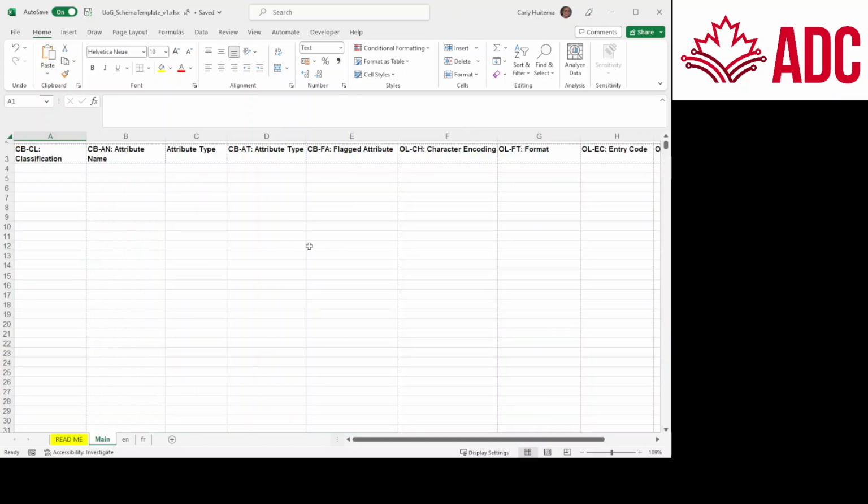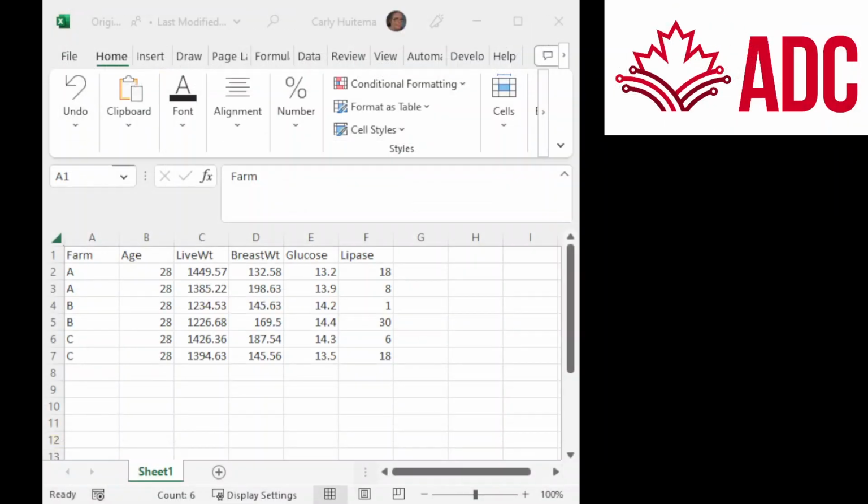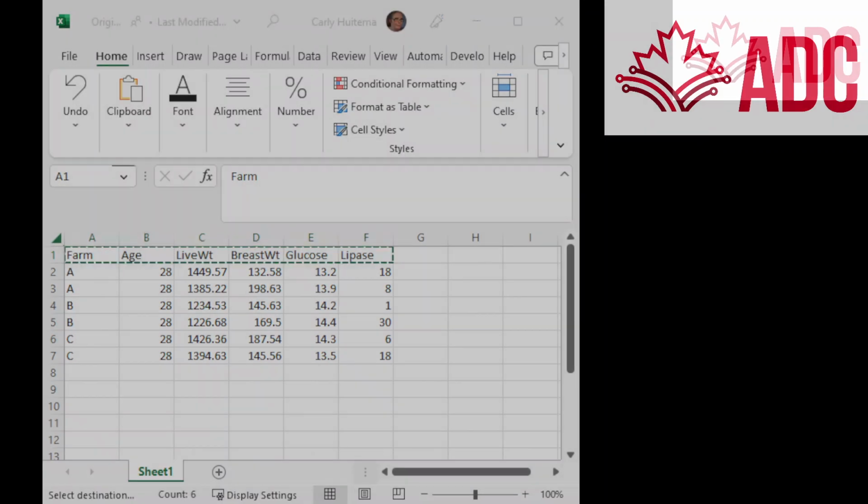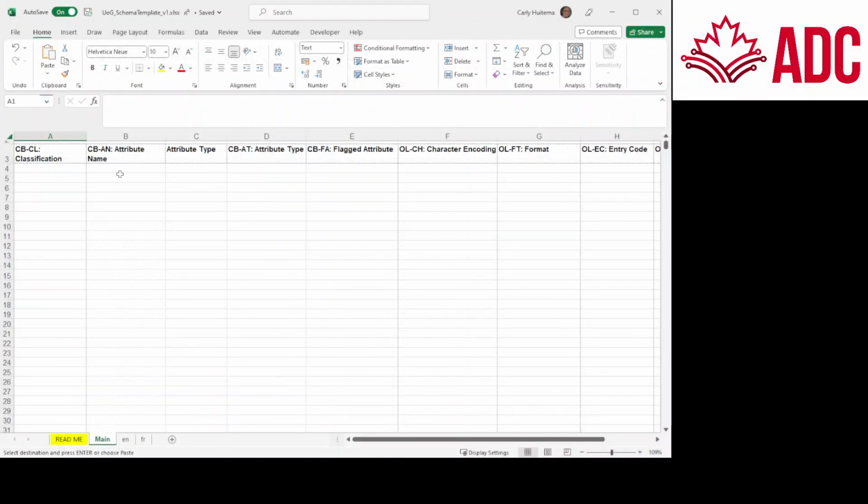So this is where we enter in the basic structure of our data set. What I'm going to do is go back to my data, and copy the headers, because back in my template, those headers are going to become my attribute names. So I'm going to paste them transposed. There we go. So those become the attribute names, and then the form automatically fills in this